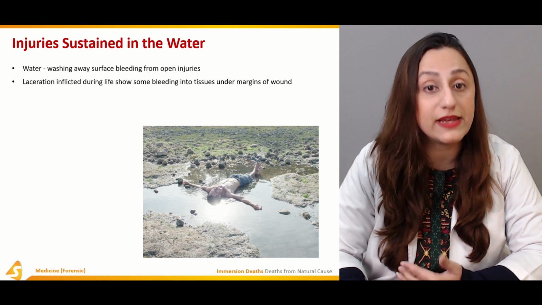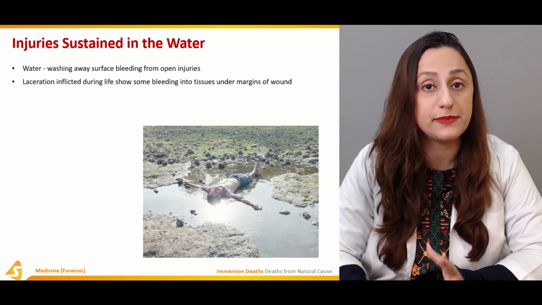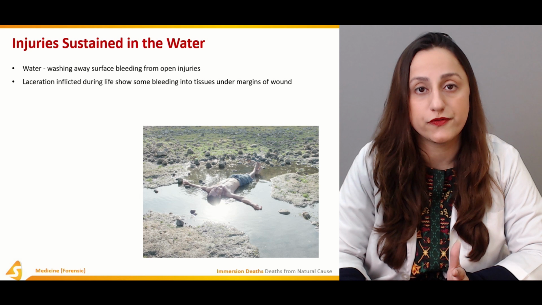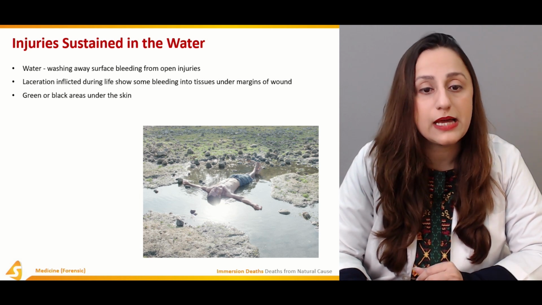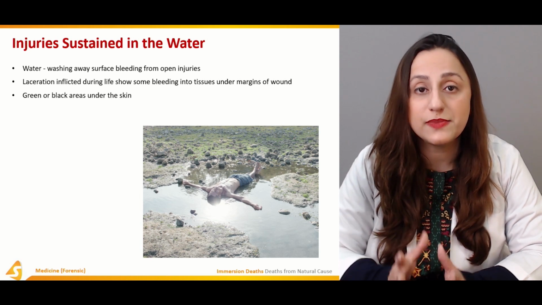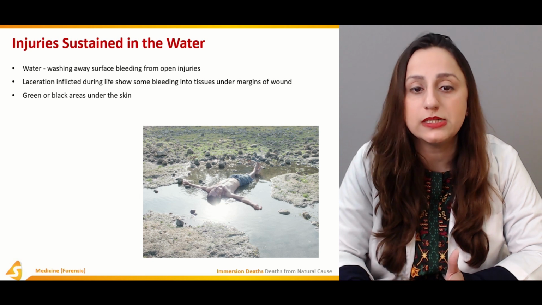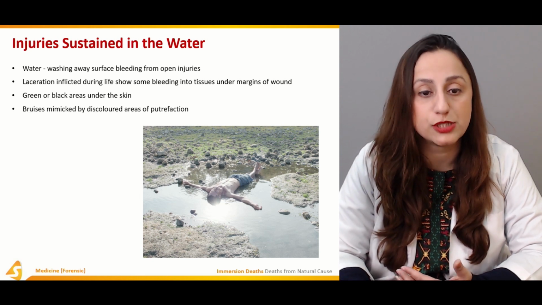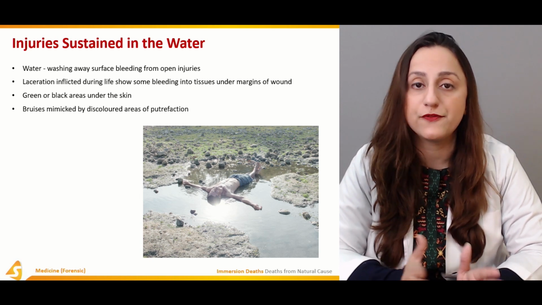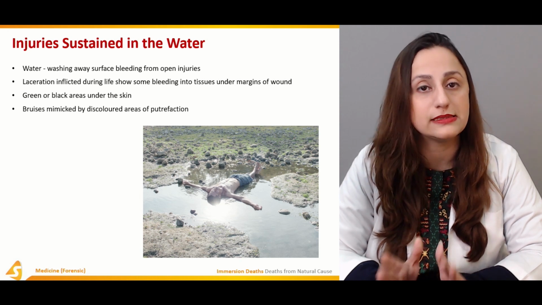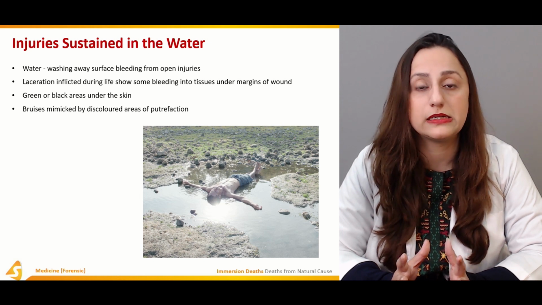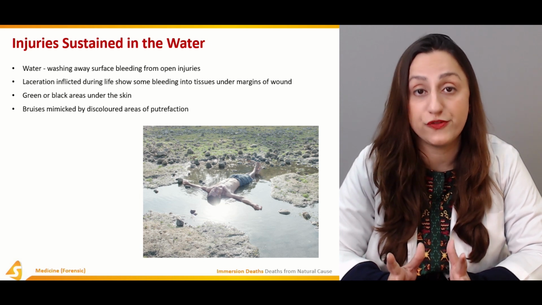Now, the laceration inflicted during life shows some bleeding, and along with that, it shows some signs of inflammation along the margins of the wound, and we have to focus on that. Now, the green or the black areas around the skin basically indicate the inflammatory processes, and that basically indicates that this trauma took place before the drowning or the submersion took place. The bruises basically mimic discolored areas of putrefaction, and we have to differentiate between areas of putrefaction and the bruises. Putrefaction again is quite modified in drowning phenomena, and we basically cannot have a quite well putrefied body in these cases,